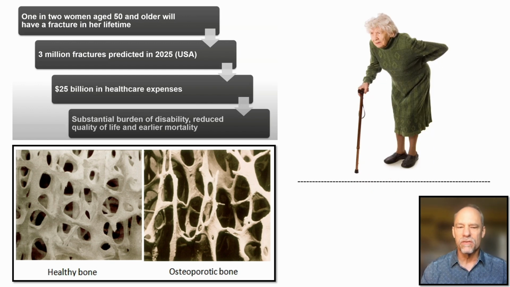This lady who clearly has osteoporosis and kyphosis, she has a significant change in her pulmonary function because her thoracic cavity related to the vertebral collapse and fractures has decreased in size, so her pulmonary capacity and function is lowered. Her whole rib cage is actually decreased and descended into her pelvis. It's closer to her pelvis, so her abdominal cavity is limited, so that may impair digestion. And clearly her overall structure with these changes make it much more likely to fall. And with all of this, she has a predicted earlier mortality. Osteoporosis is significant. It makes a big impact in people's lives, and we can do some things to improve it for sure.